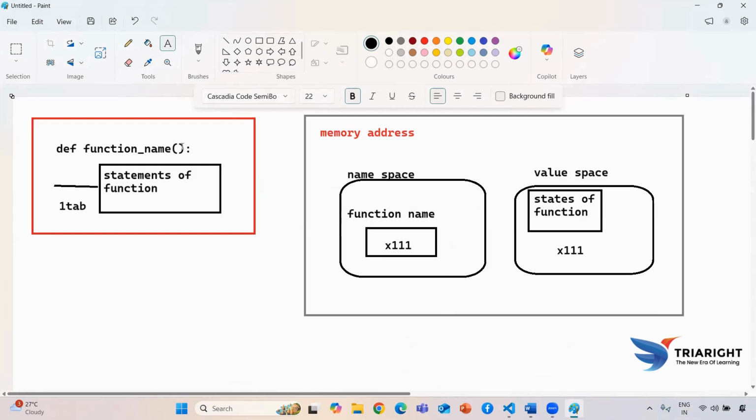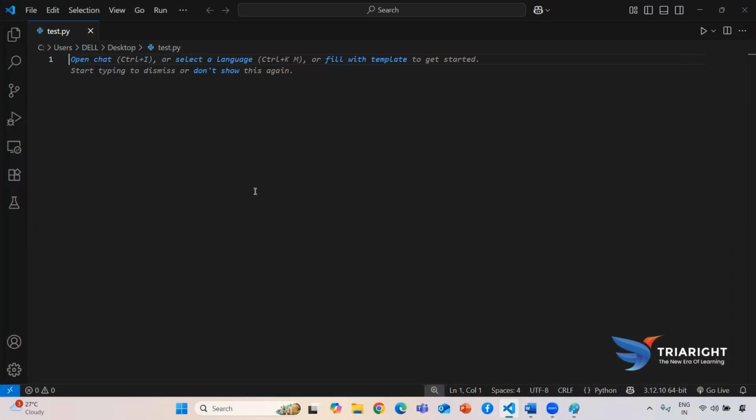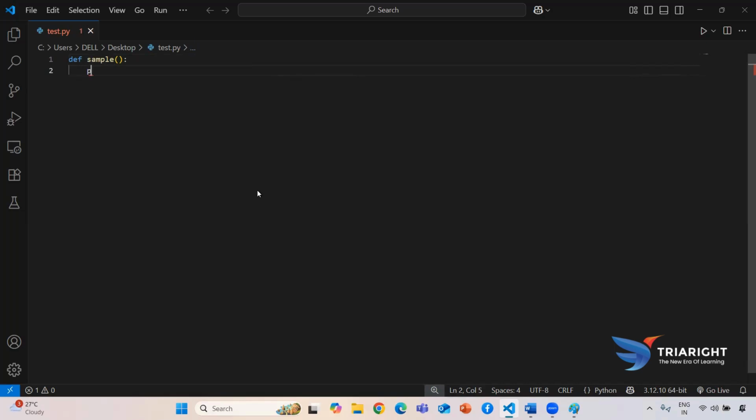If I don't give it also, it's okay. After that, you need to give the colon. After you give this colon, it will help to create a block, or we can say an indentation. So here it will take one tab of indentation. Then here you need to write the statements that are available in our function. Now I just want to create a function, and how to call it, we are going to see now. By the help of the def keyword, I am creating a sample function. After that, I need to give an indentation. So here I am writing